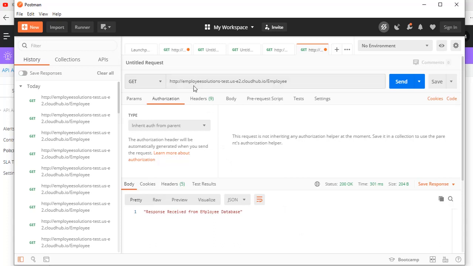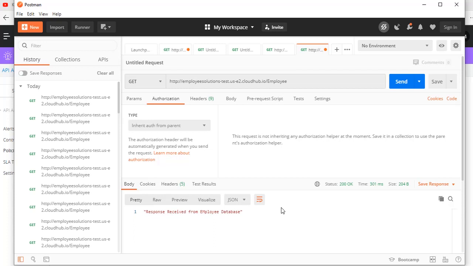Let's test this. For that same API, you just need to send a request by using this send button in Postman. So the expectation is that once we request this API 3 times within 2 minutes of interval, it should not allow the fourth request as per our configuration. Okay, so let's try. Let's click on send.